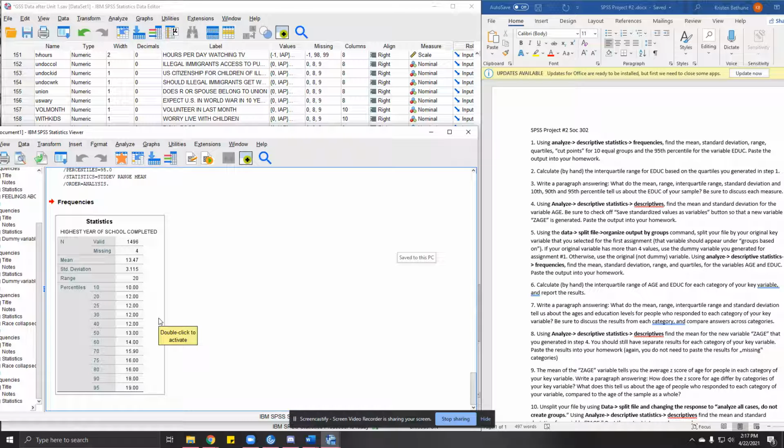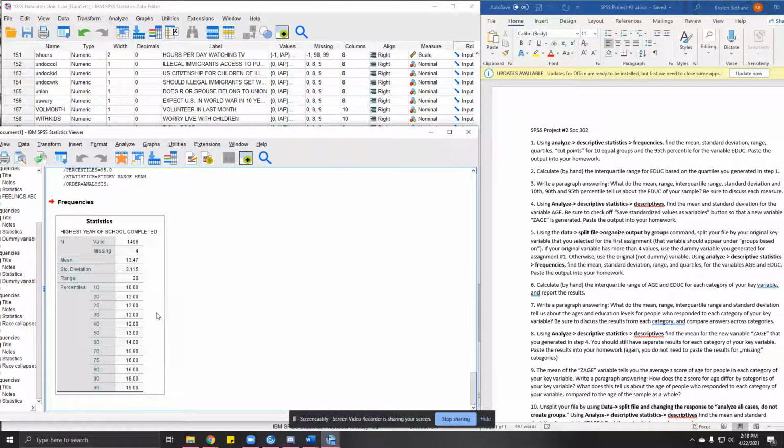Now, where most people ran into problems for question number 3 is that you aren't really telling me what this means in terms of education. You're just reporting numbers, but you're not telling me what that means. When we're doing statistics, especially through SPSS, we're not as concerned about these numbers in their raw form, but about what these numbers mean to us. So if we talk about the mean, what does the mean mean? The mean is the average. So the average person in our study, with 13.47 years of school, probably graduated high school and has at least some college. That's important information. That's interpreting it.